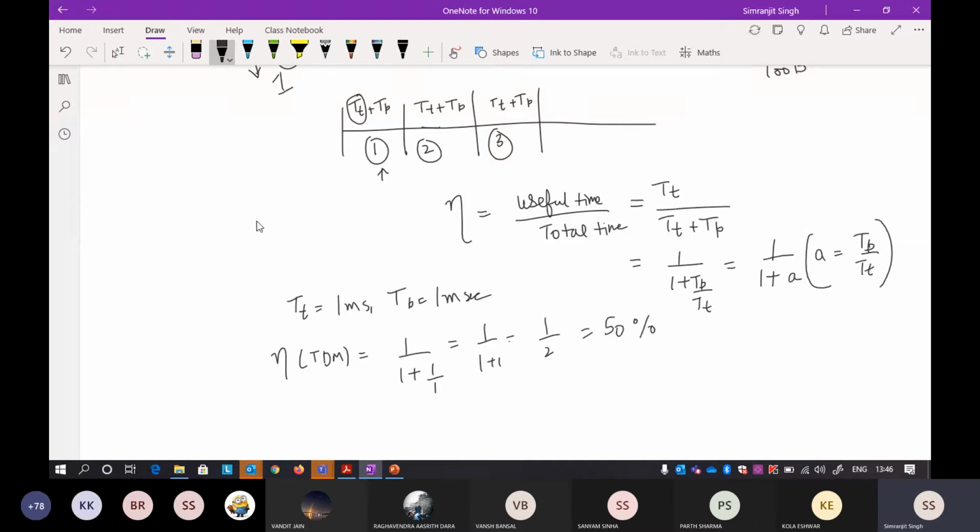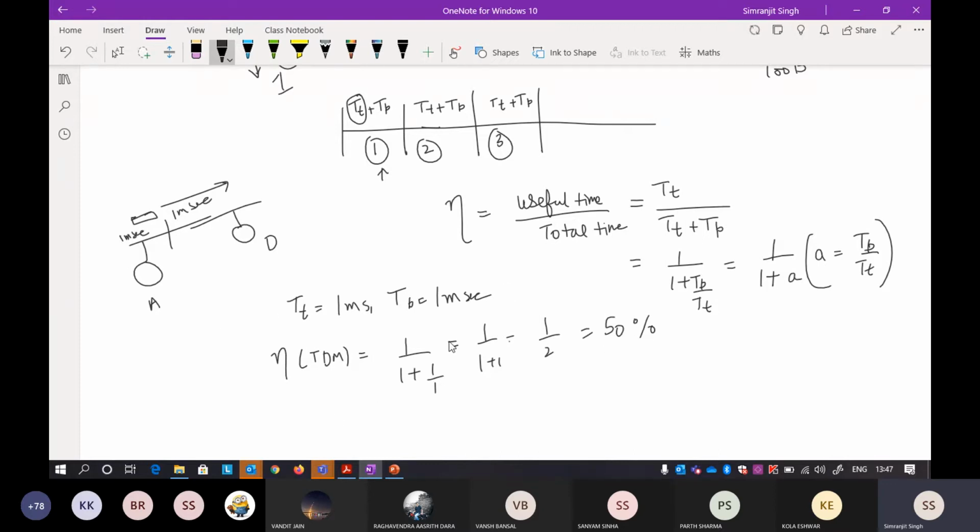So it means that if this is the workstation A and this is the workstation D, for 50% of the time it is utilized, or it is 50% efficient. Because it takes 1 millisecond to put the packet onto the link, and for 1 millisecond it is sitting idle, so that the final bit of this particular packet reaches D. This much amount of time it is sitting idle. That is why it's 50% efficiency.